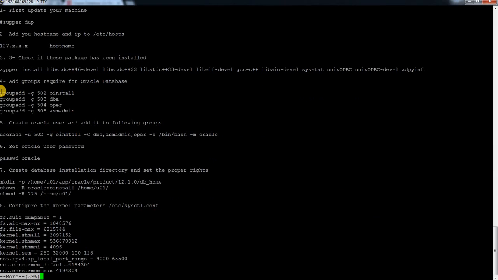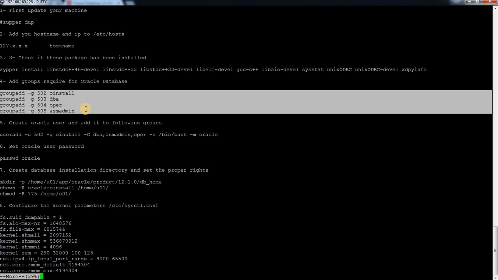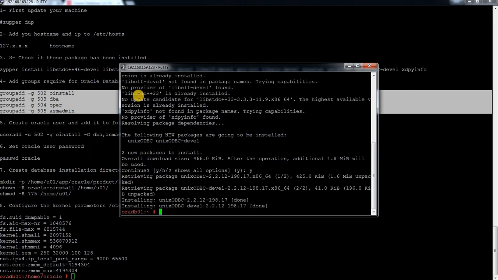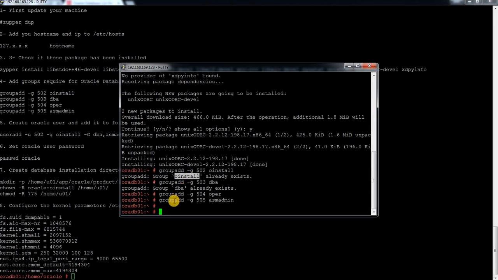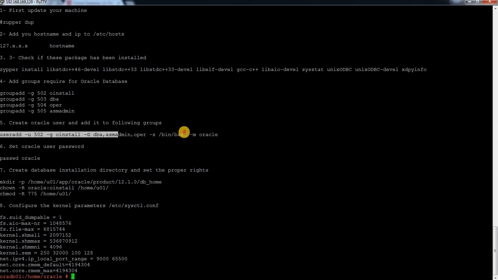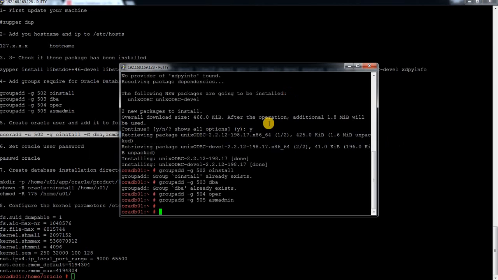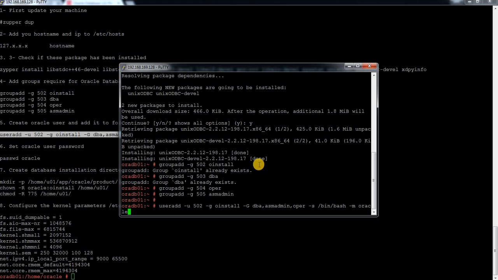So the next step is to create groups. Let me create those groups. Now you can see there is already oinstall on the server, dba is also there, so it is not required because it is created already. And now I'm just going to, okay, it is bash only I require, and